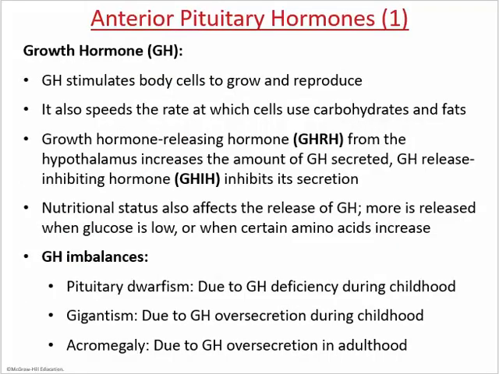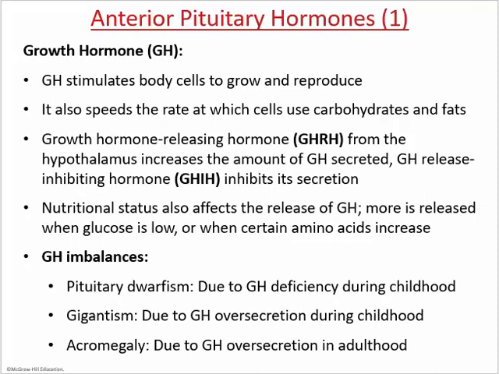So we'll look at the anterior pituitary hormones. Now, most of the hormones are trophic hormones. Trophic hormones, or tropic, both names are correct, target other endocrine glands, so the word trophic means causes a change in secretion.